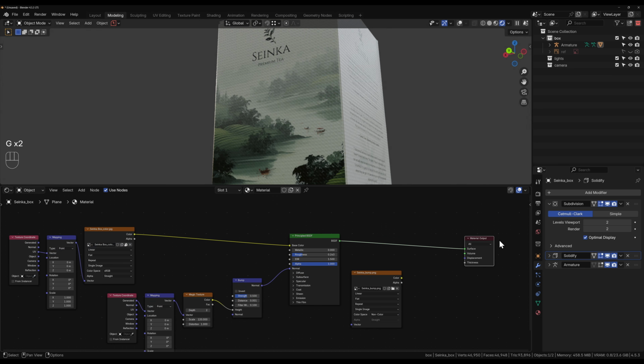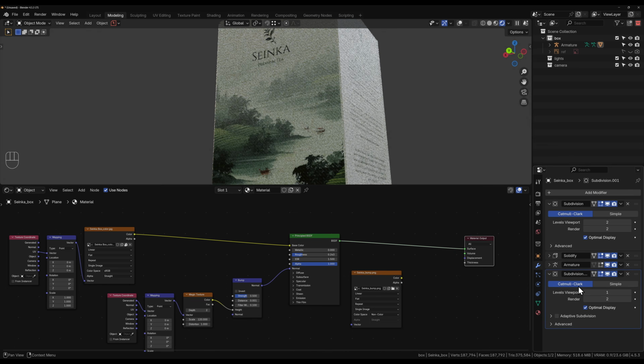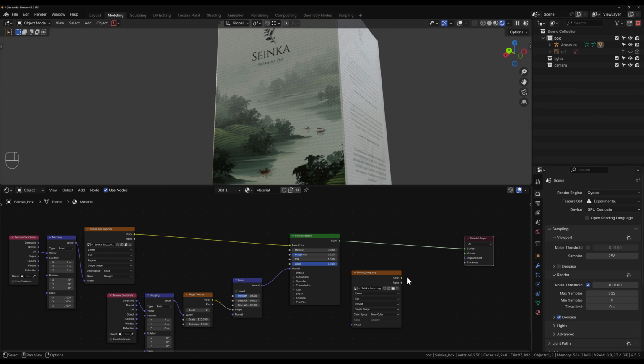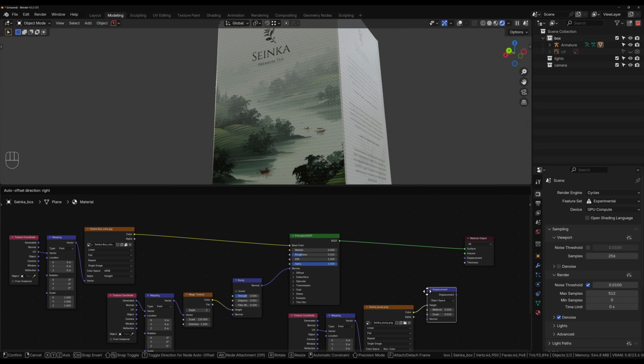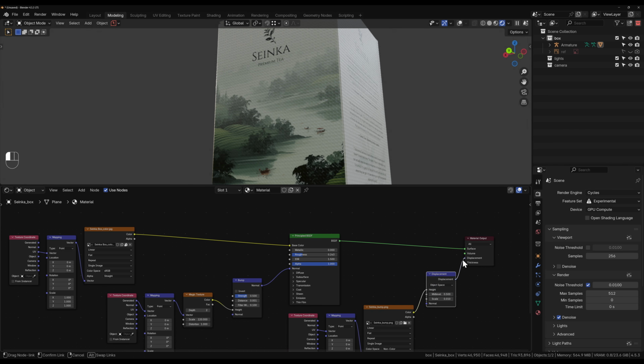And then we can stick it over here. I'm going to go and add another subdivision. Down here, drop the render to 1:1, turn on adaptive as long as you've got experimental. Then down here we'll go Control T. We'll go into a displacement